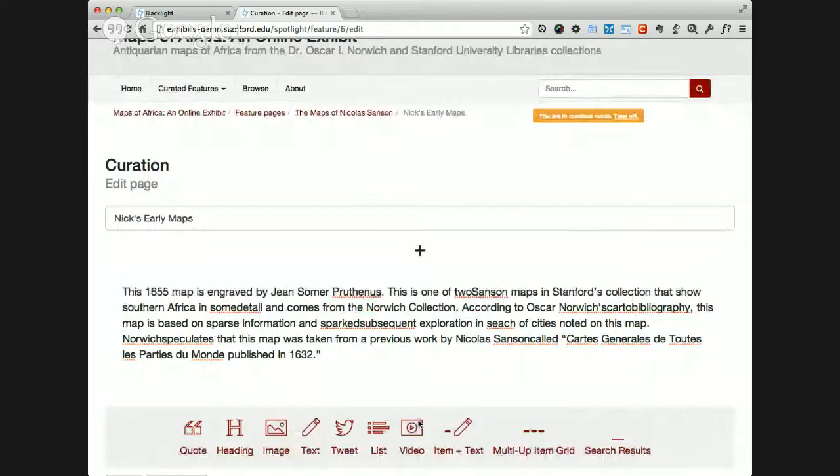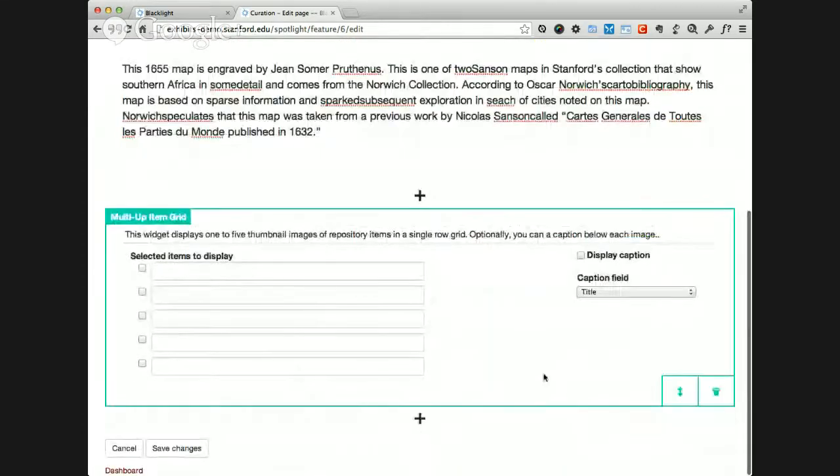But the big thing we added this week related to the widgets is a new widget called the multi-up item grid widget. And what this does is this gives you a way to select items, repository items that are in your exhibit collection,